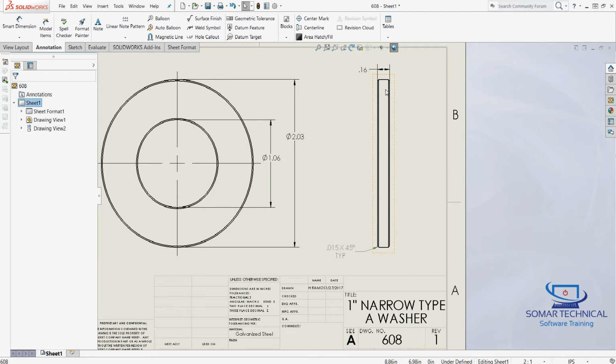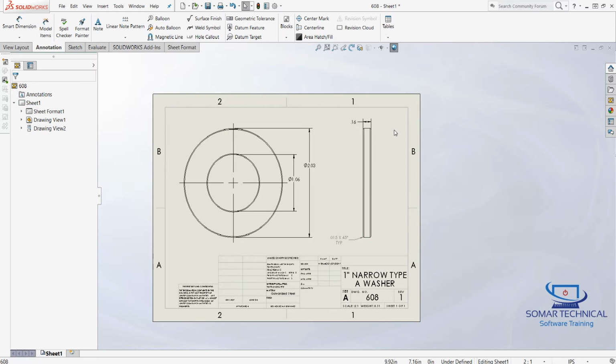The other thing is adding the center line, and that is basically just clicking on the center line button here. You have to confirm first that none of your views are selected, because if you inadvertently have a view selected that you don't want to add a center line to, it will add a center line to it because you're pre-selecting it before you hit this button. So just click somewhere on your screen or on your paper that you know you are not in a view, select center line,